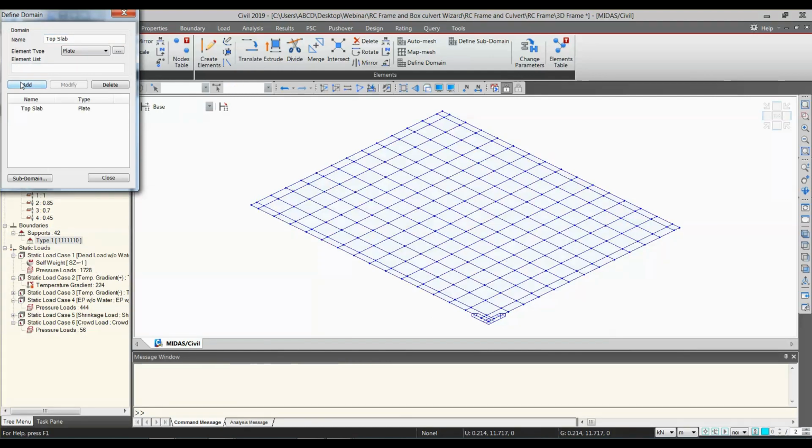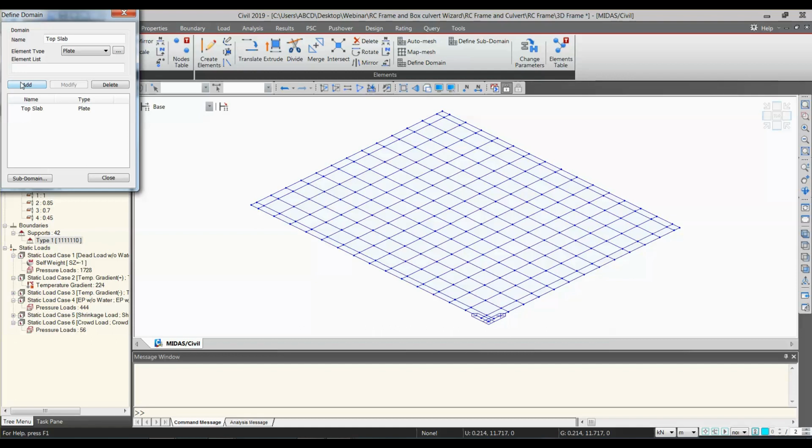Now I want to make strips within this group, or subgroups within this broader group of the slab. As per the strips that we have defined or will define here, we can give the reinforcement patterns. Let me explain it in a better way.